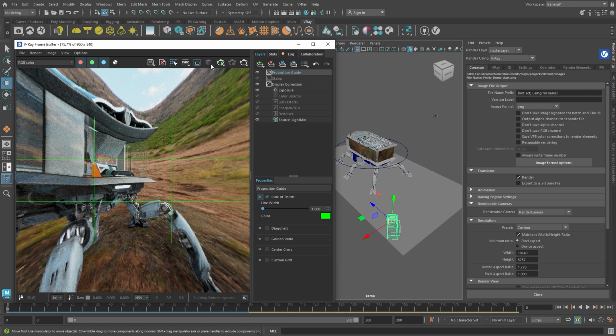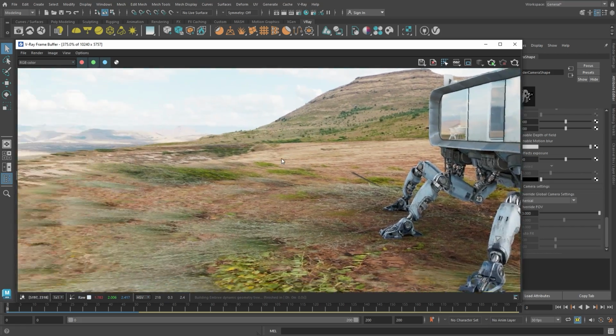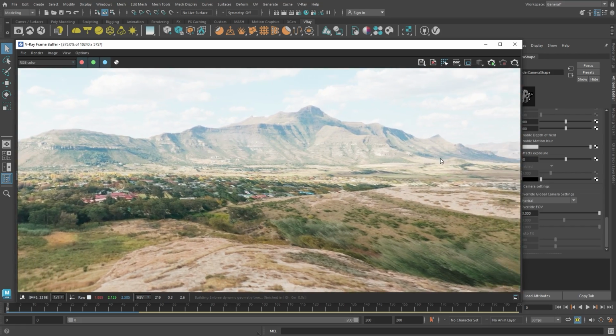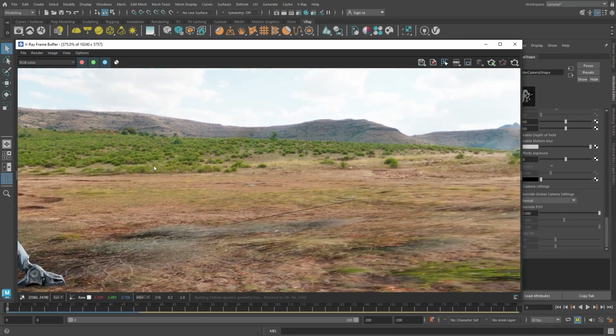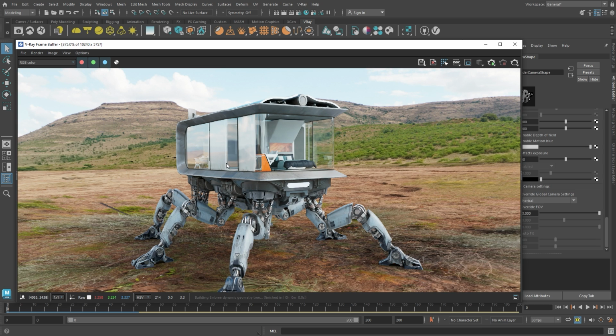When our image is rendered, we can use the zoom option with the scroll wheel to properly position our view. Now we can simply use the middle mouse button inside the VFB to rotate around and preview our scene. So far, we explored some new look dev options that will hopefully speed up your pre-production pipeline. Next is the production preparation.